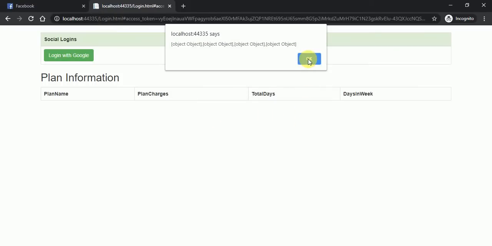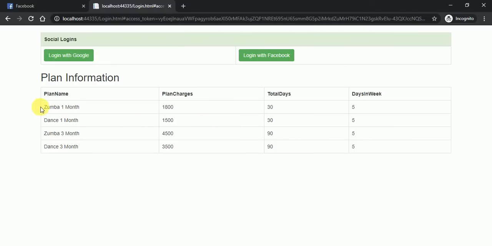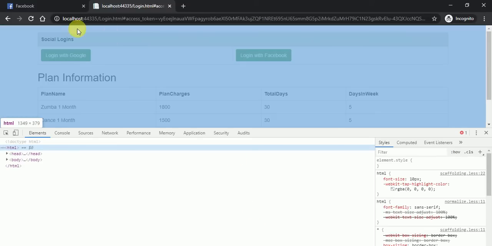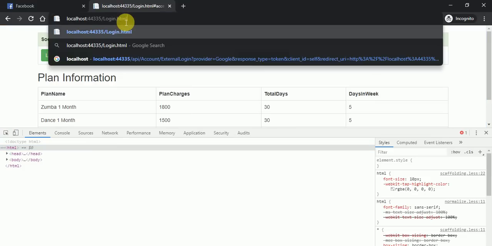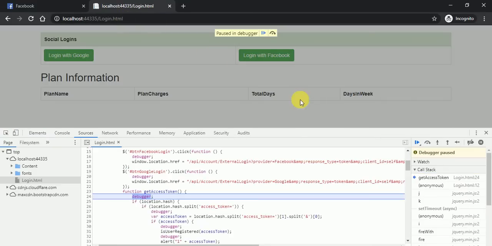Here we can get the record. Okay, so we have already logged in actually, so that's why it didn't give us the option to log in with Facebook. Okay, so let's debug this code and we'll let you know step by step what we are doing here. Okay, so first,